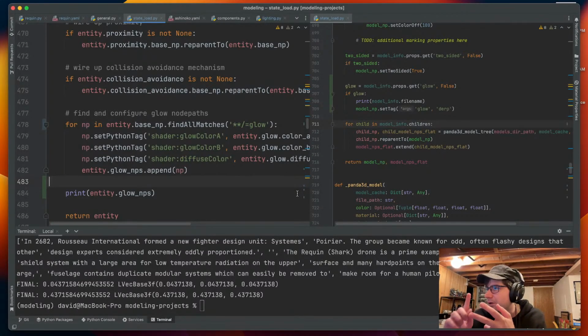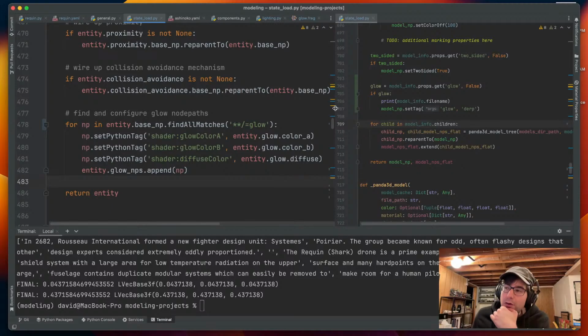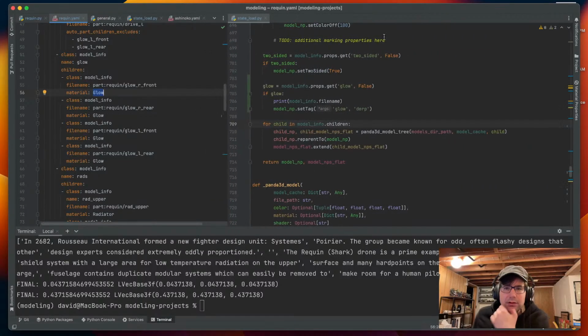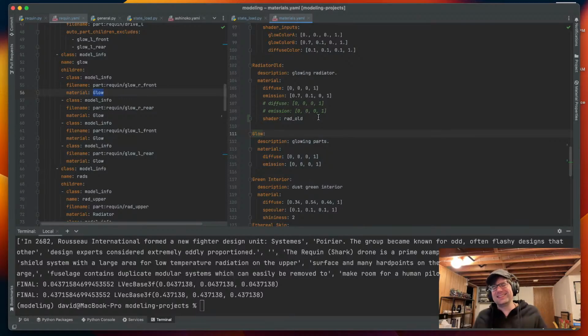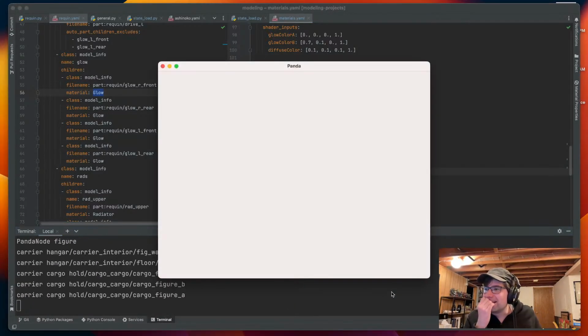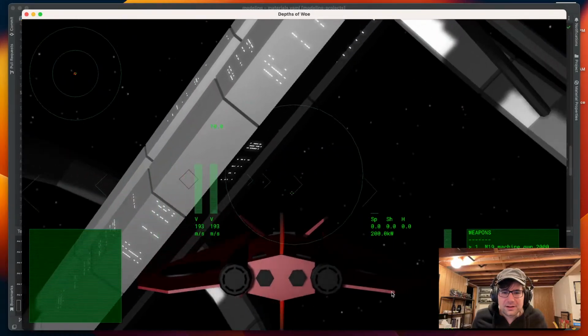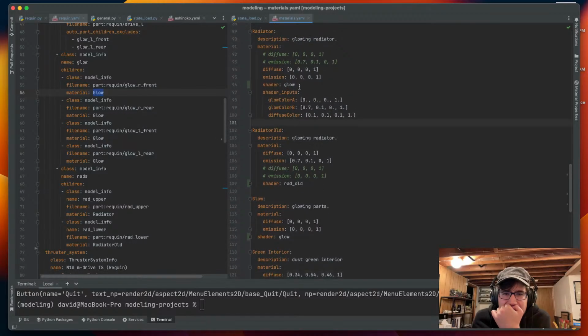So it could be that they don't have the right shader on them, or the logic, my update logic is kind of worked now. Or it could be that I don't have the right material on them. So we've got the glow material. Yeah, so the radiators are glowing, but